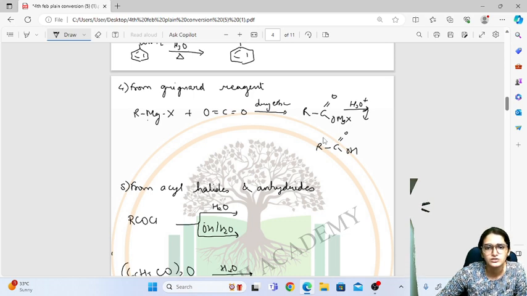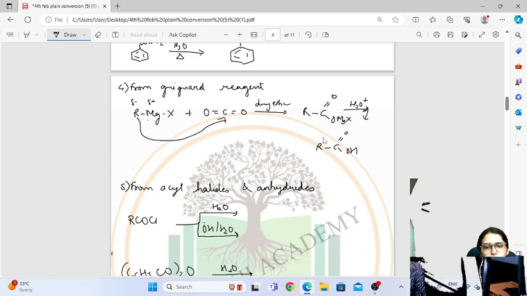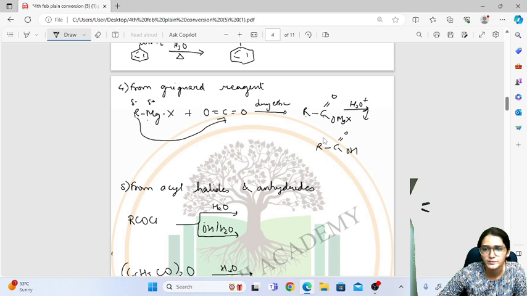When Grignard reagent is treated with CO2, that is carbon dioxide, R will have a partial negative charge, Mg will have a partial positive charge. Then R will go and attack this carbon, a carbonyl carbon having a positive charge. Then you will get this intermediate in which R is attached to carbon, carbon is further attached to double bond O, and on one side it is attached to OMgX. Now this MgX having positive charge will combine with oxygen to form OMgX and we will get the particular carboxylic acid.